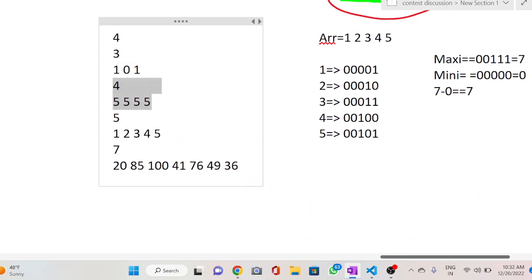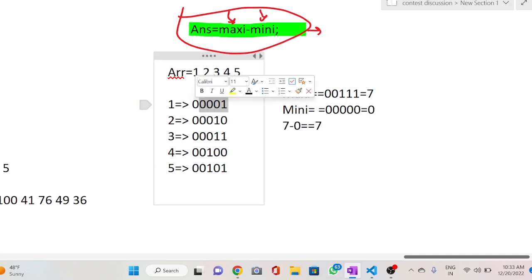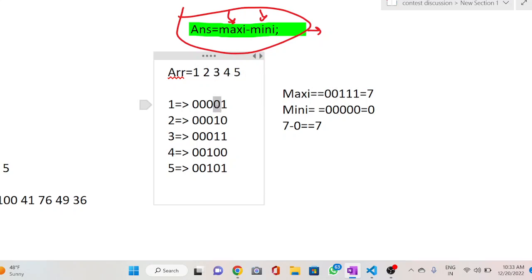So what you can observe from here: if you're trying to maximize this number, you will obviously try to convert all the zeros into 1, and if any element contains 1 at this position, you will swap them and convert this 0 bit into 1.